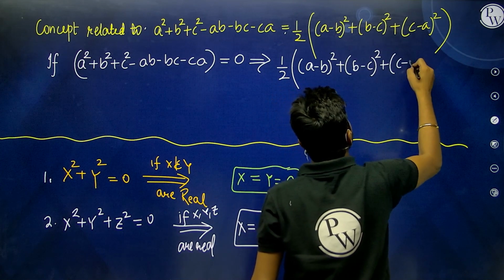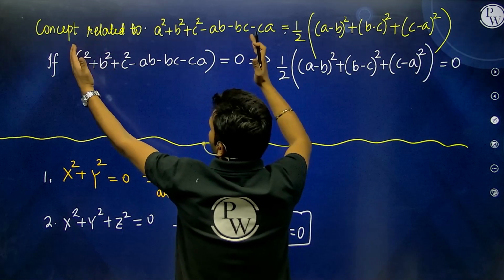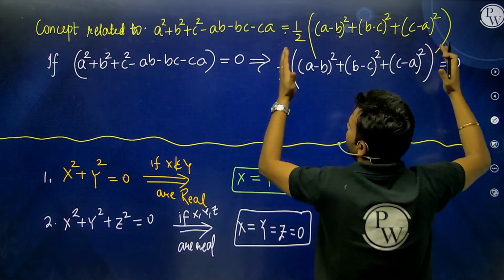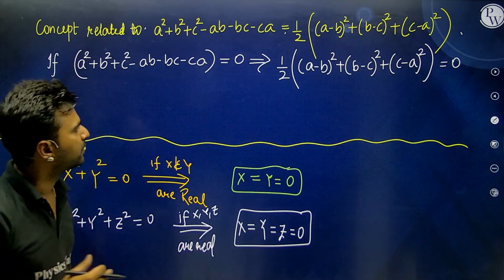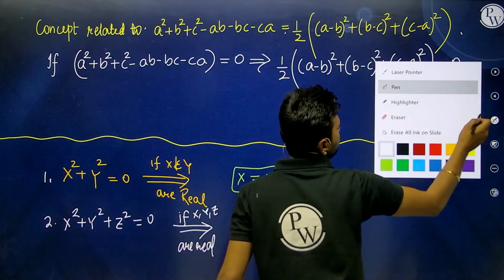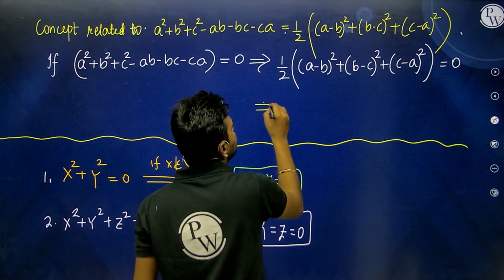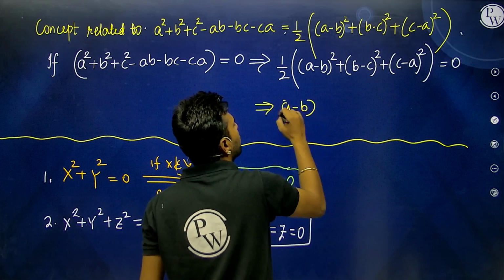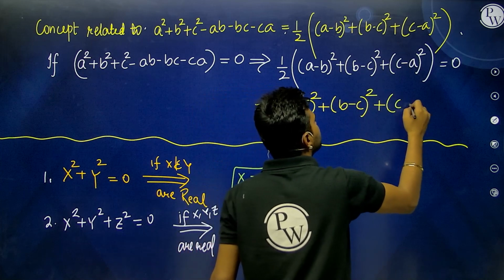Yes or no, kids? Yes, sir. If this thing is given to me equal to 0, then definitely this thing will also be equal to 0 since these two things are always equal. An identity. Now if you multiply this half or 2 with that 0, cross multiply, the 2 times 0 will become 0. That means this thing is going to give you what? (a minus b) whole square plus (b minus c) whole square plus (c minus a) whole square